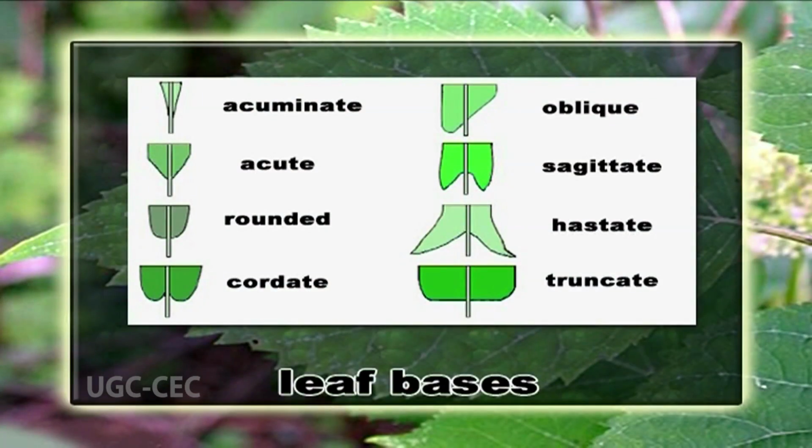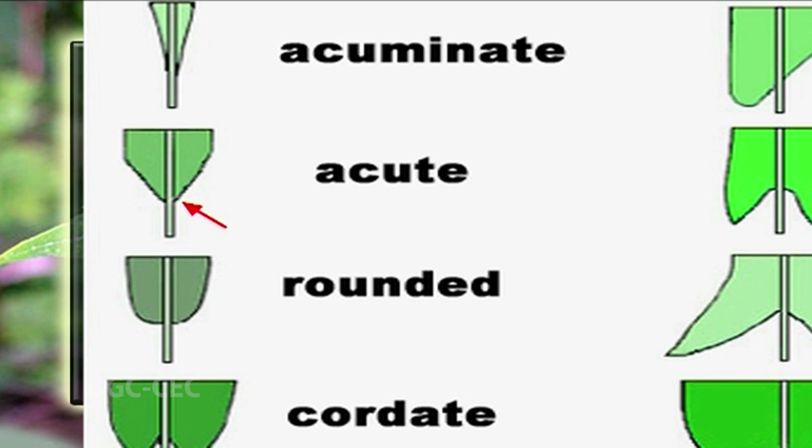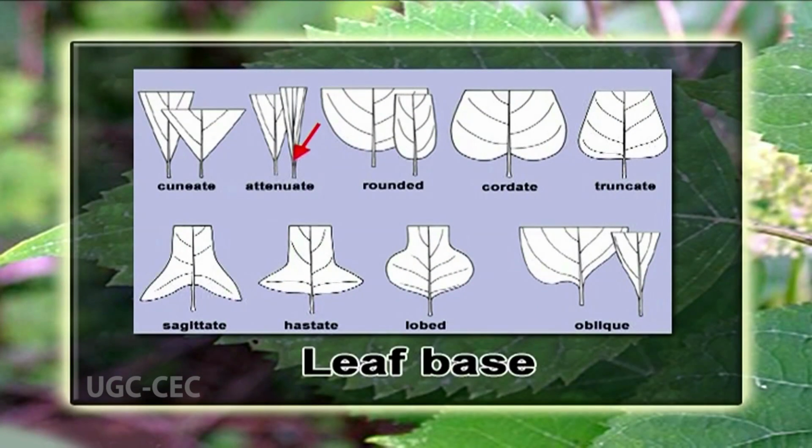Now leaf base. Like apex, the structure of leaf base is also of diverse type. Some common types are acute. Margins meet the petiole at a sharp angle without forming a tapering structure. For example, Polyalthia longifolia. Attenuate, leaf tissue tapers down the petiole towards the base to a narrow base, always having some fleshy leaf on either side of the petiole. For example, in